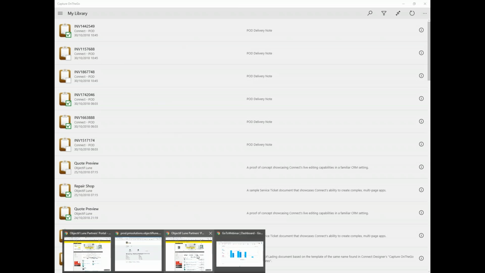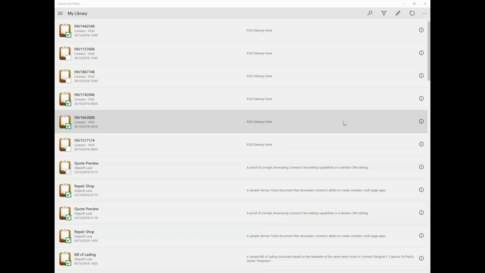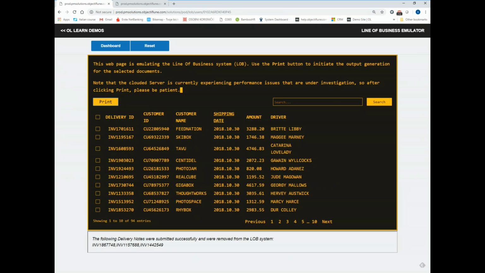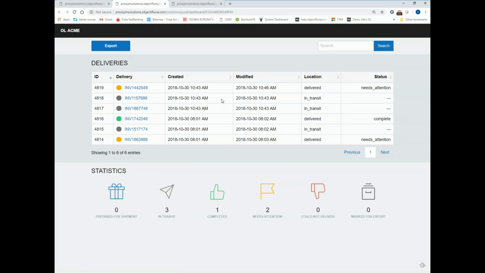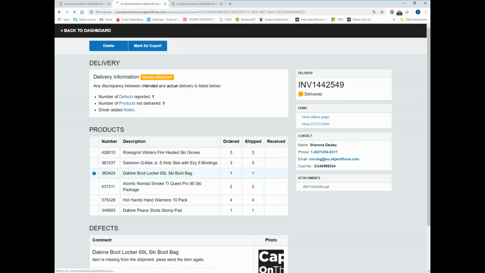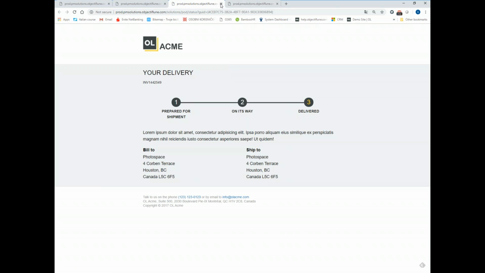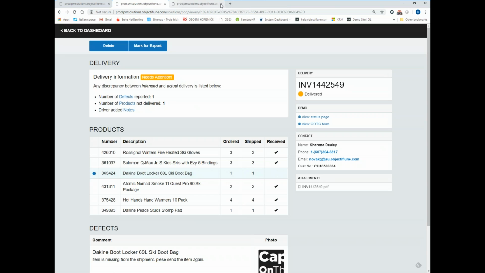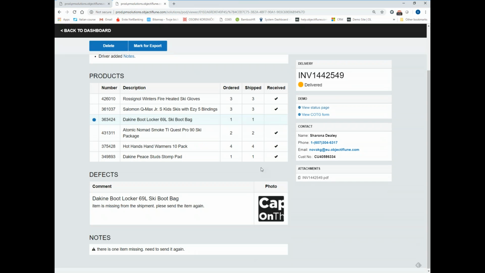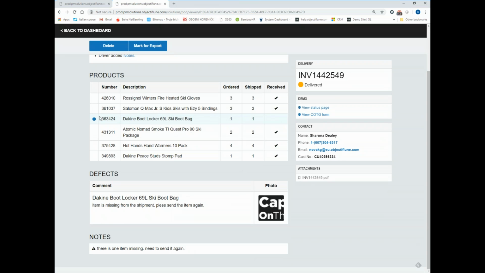What is going to happen right now is that on the dashboard, we're going to have the information that 2 of them are in transit. These are from the morning. We have the information that the delivery note needs some kind of attention. We can see the status page, so we can see what the customer sees on his dashboard. We can see the document itself. But what is quite important, we can see what is going on and where the issue is,